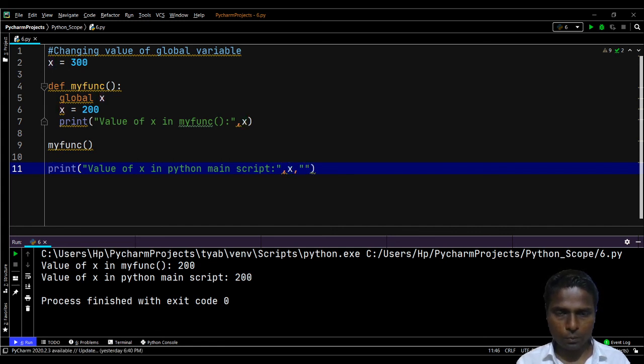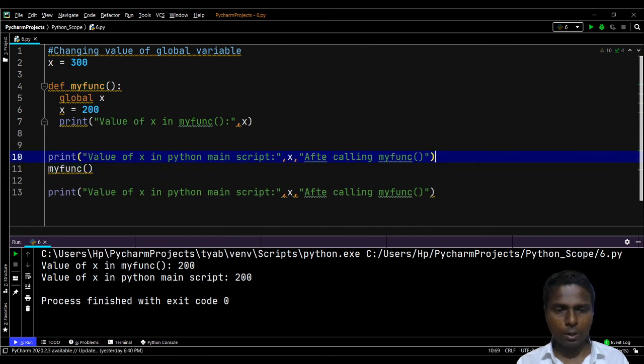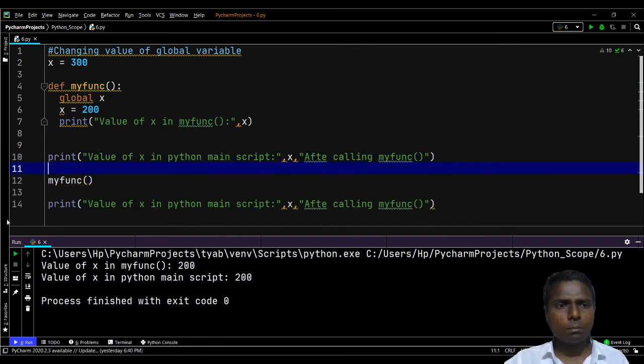after calling value of x, after calling my function, this is important. And if I check, before calling this myfunc function, before calling value of x, I will write before calling value of x in the Python main script.